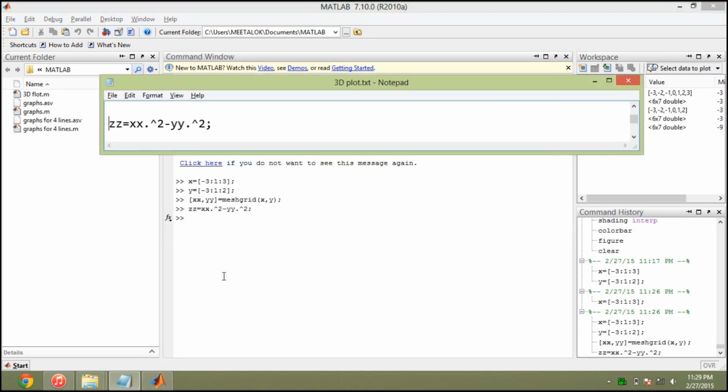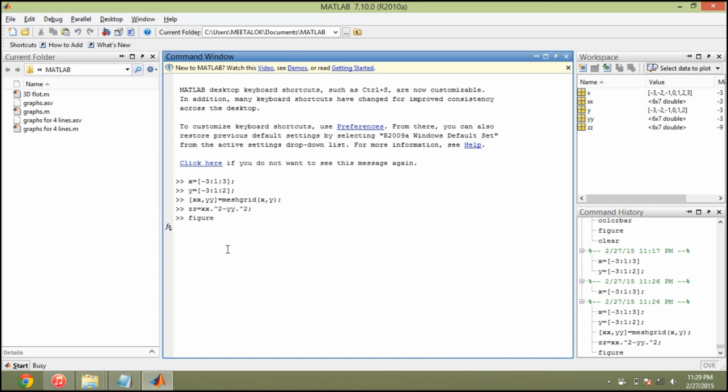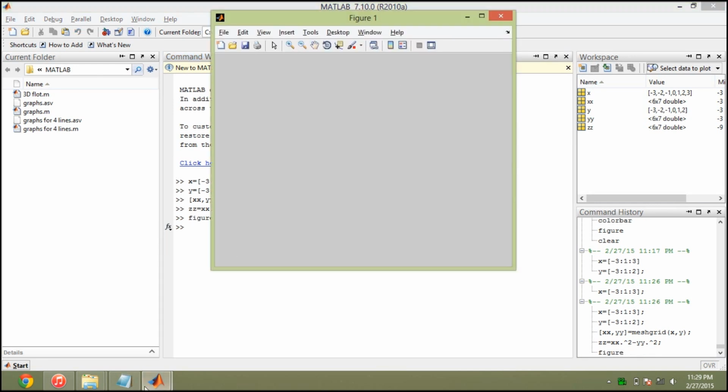Now we are going to plot a figure. We will use the command figure in MATLAB. When you hit figure, it opens a dialog box titled figure, and here are the tools which can be used to plot or edit the graph.